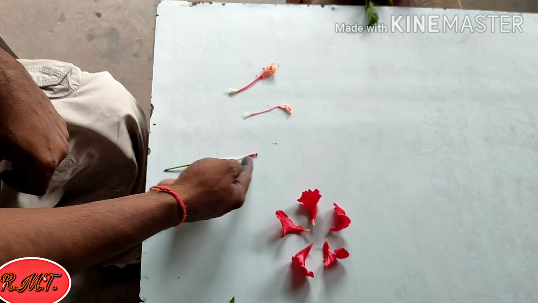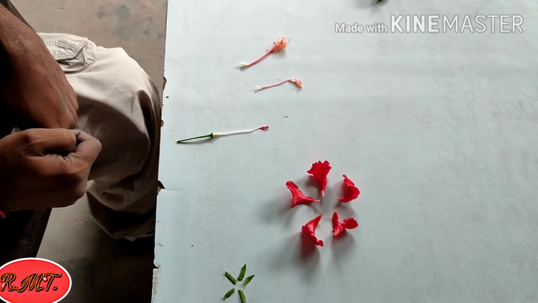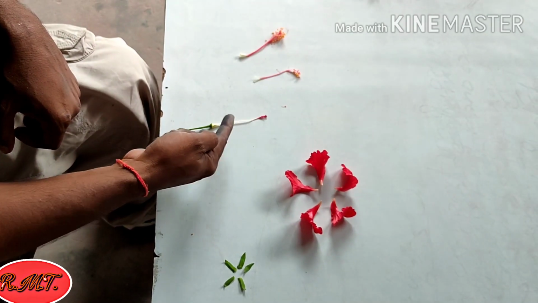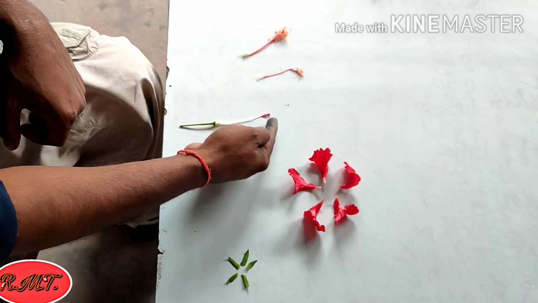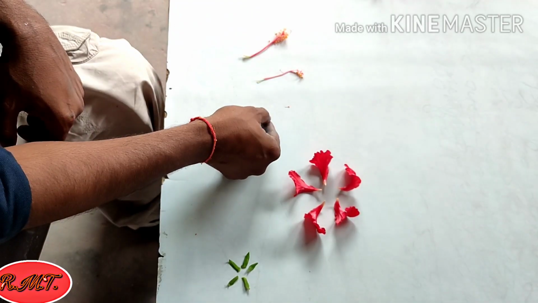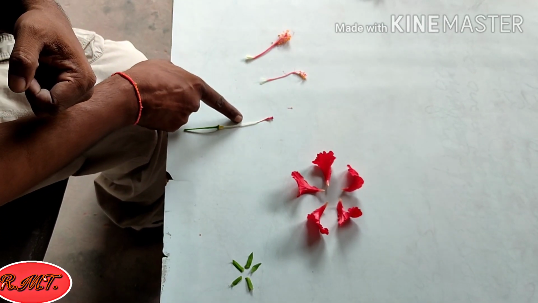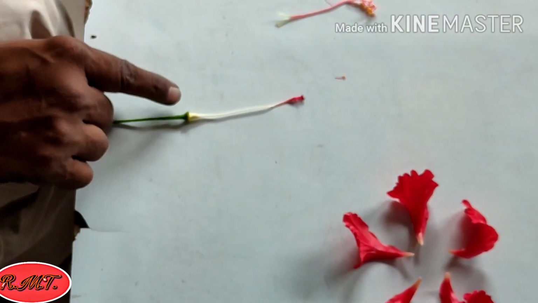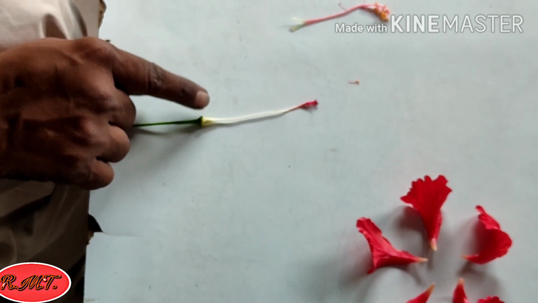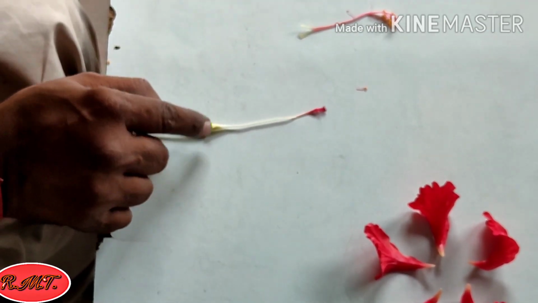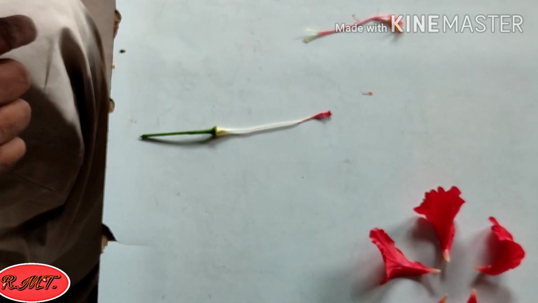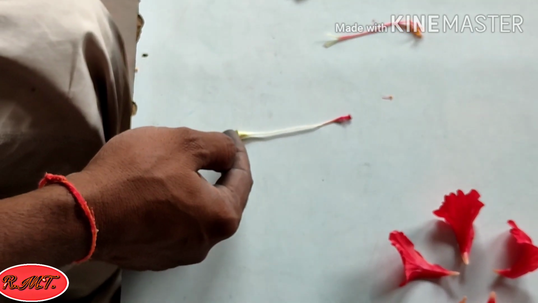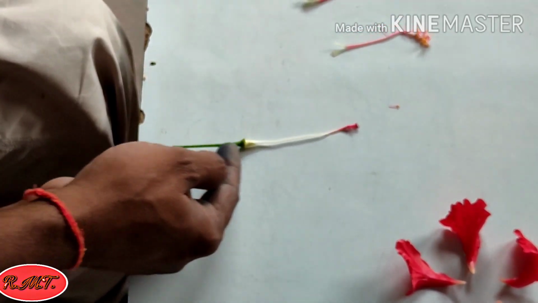Now the fourth and last, the female reproductive part, is known as gynoecium, and a gynoecium consists of stigma, style and ovary. Stigma is a plate-like structure. Just below the stigma, a thin tube-like structure is present, known as style, and the end portion of style swells up to form the ovary. This ovary is arranged on a plate-like structure known as thalamus, and this thalamus is attached to the main branch with the help of the stalk.